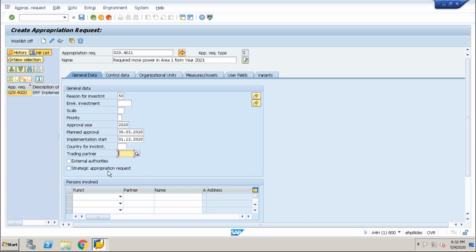Strategic appropriation request. Strategic means it is just strategic as of now. It is not submitted as a proposal. It is strategically we are checking the possibilities. Okay, and here the person involved, we need to select the person involved, partner involved. Let's say the initiator, who is the applicant, who's the approver. So we need to enter all these details here on appropriation request. This partner function, these functions you can link with the user ID. So this is the thing. And then when you are going for the next step,